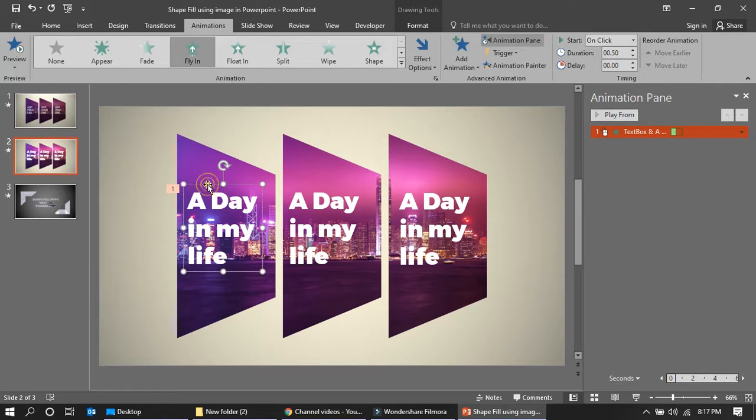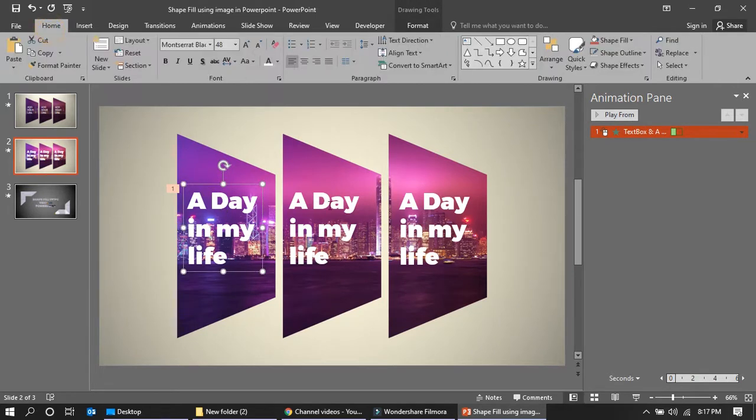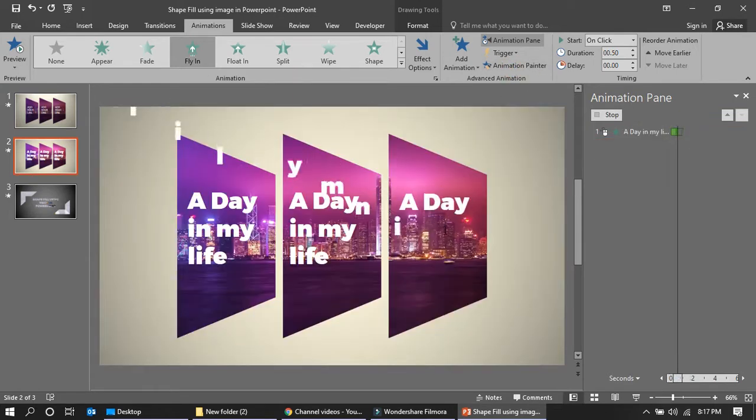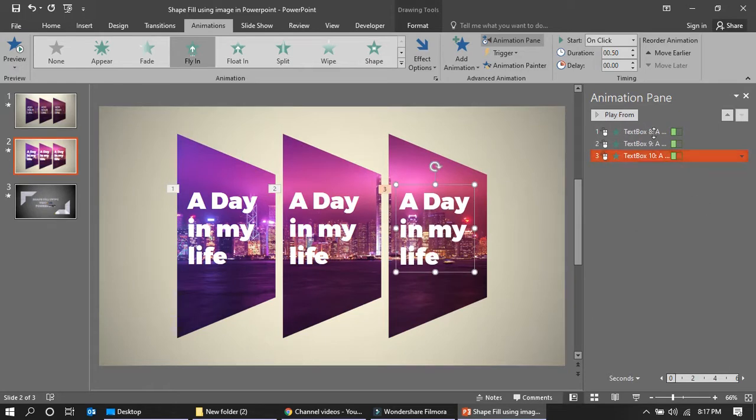Another thing that is very easy is that once you have this, just use the format painter and give it to this one. You have to just click the format painter here. No, sorry, it's in the normal format. Go to this one, go to animation painter and click over here. In a similar way, animation painter and click over here. So all three are there. So I'm just going to set With Previous,